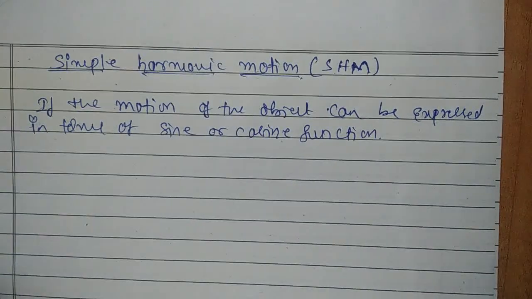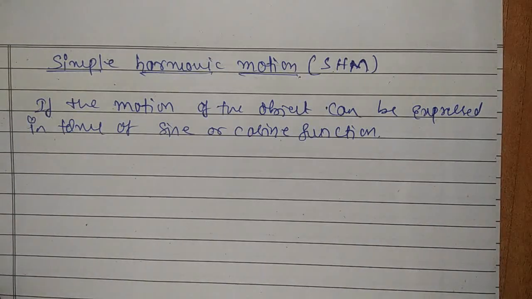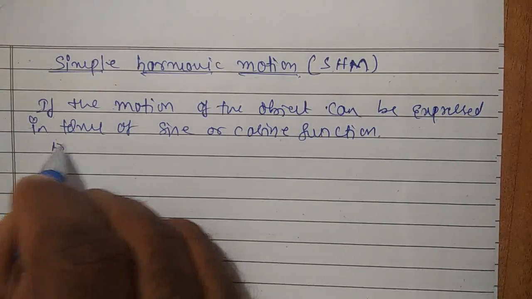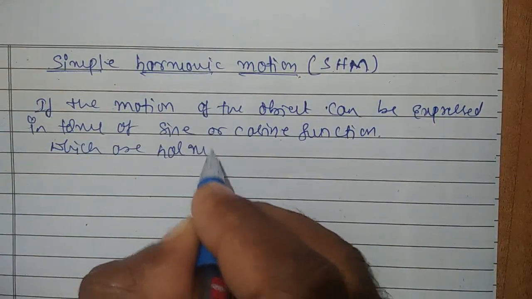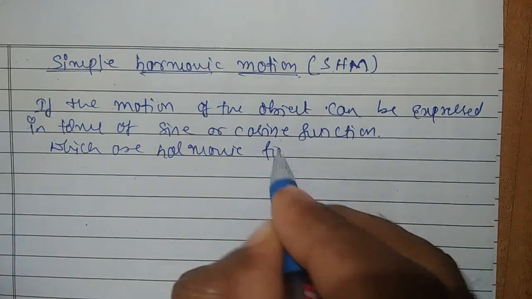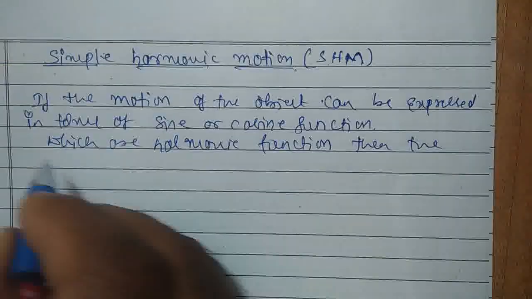Okay, so we know that we will be using variables x or y to represent the motion, that is displacement. If you are expressing this displacement, that is the motion of the object, in terms of sine or cosine function, which are nothing but known as harmonic functions, then the motion